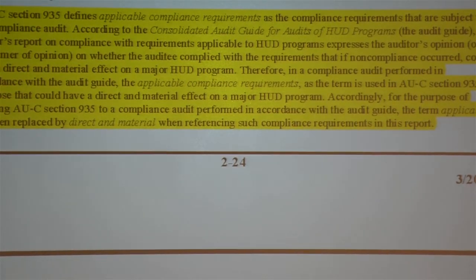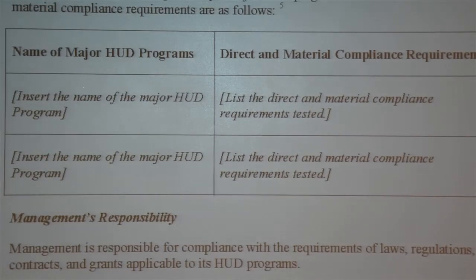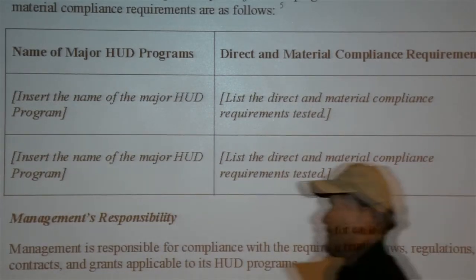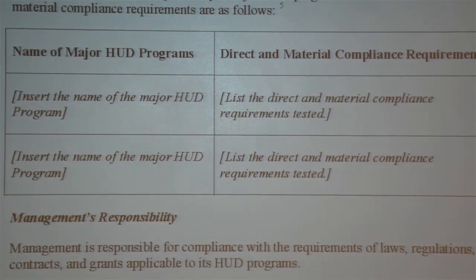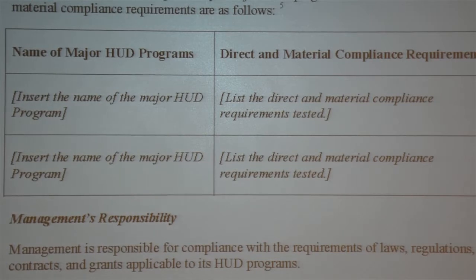Because a lot of misconception comes out about the audit guide. And then the only other comment coming out of any of this is just this table still. Include, not include. I don't know what you guys interpreted last year. I still prefer it. I haven't heard any great arguments against it other than it's technically not required.